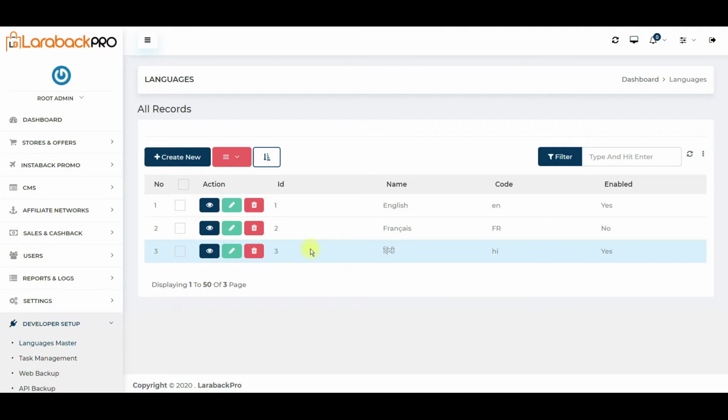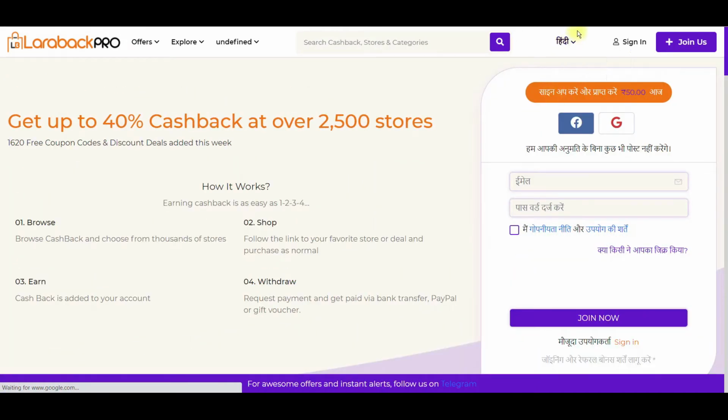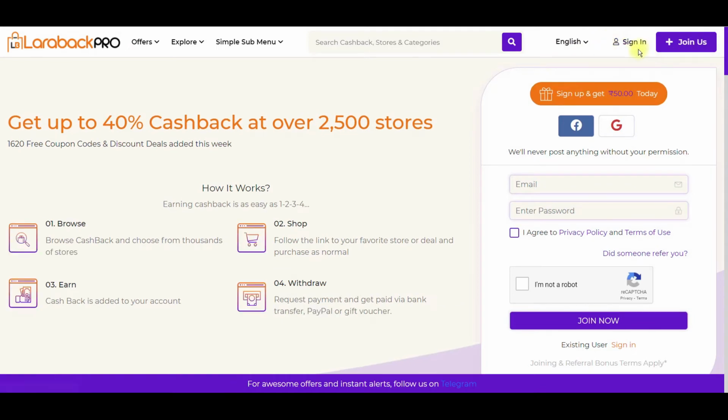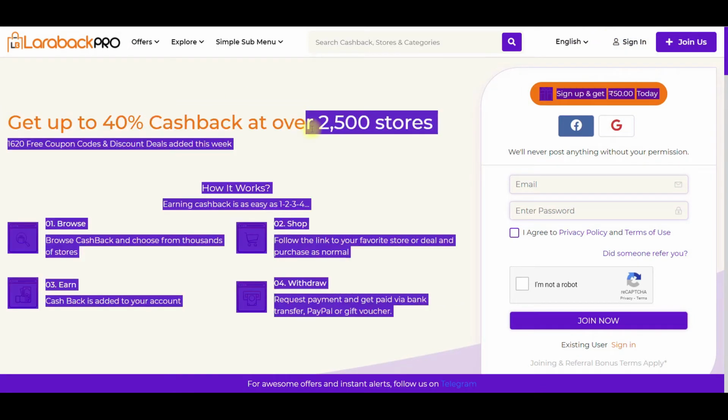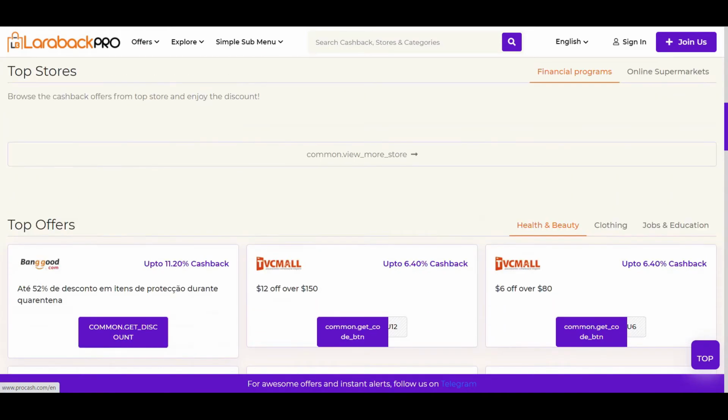So make sure that you contact us before adding any new language, and whatever configurations are required from our end, we will make it all possible, and then you can take it forward. So whichever languages are enabled, it will start showing up here, and people will easily be able to switch the language also. These are all standard buttons, no need to change anything here. Rest all content that we see on this page is basically from the CMS and pages.